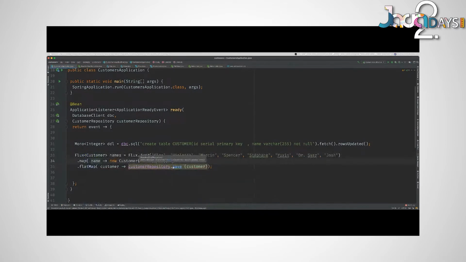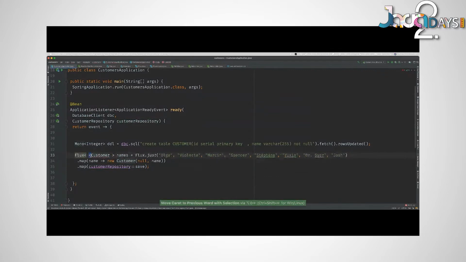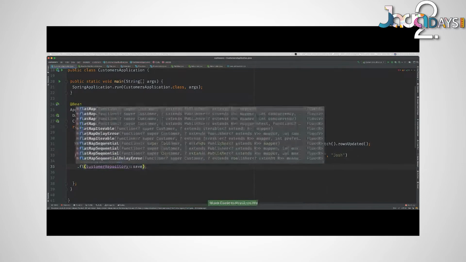It returns a single value of customer. And so if I don't use flat map, if I use map, then I have to do this. That's very ugly. I have a reactive type inside of a reactive type. So instead of doing that, I want to flatten the innermost reactive type. And so you use flat map, right? You flatten the curve and you flat map, okay?